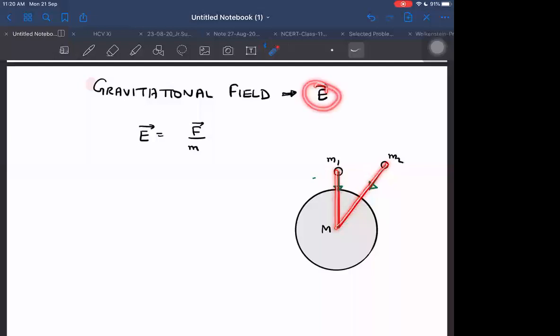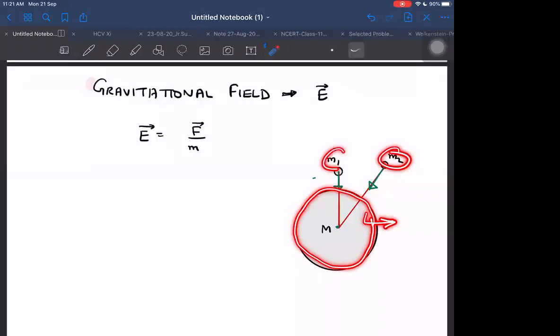So field gives us a better idea of the strength of the force which it can apply. Field means where it can exert a stronger pull. If we take force, we do not get that idea of where it can exert a stronger pull, because that does not only depend on itself but also on the other mass. So if the mass is farther away but larger, then there also it can exert a stronger pull.